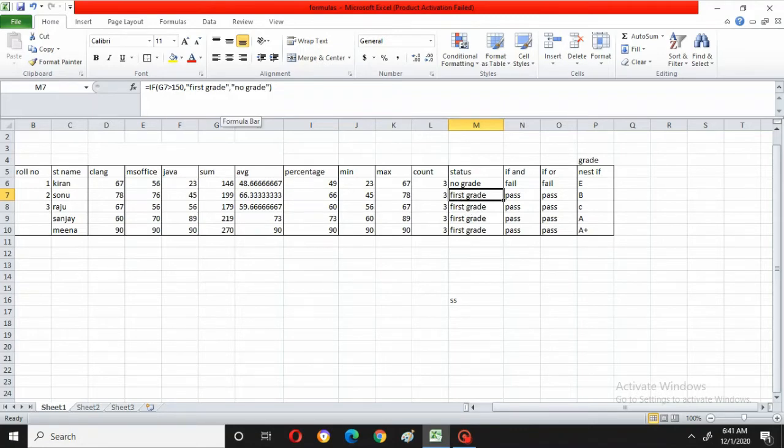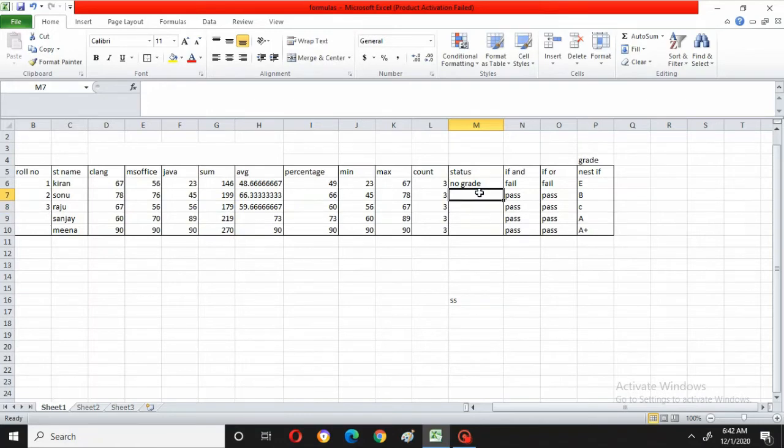Or else if it is not satisfied, it will go to no grade. So like that I have copied this formula. Now what I will do is I will remove these formulas, and again I will show in front of you how to do it. Okay.